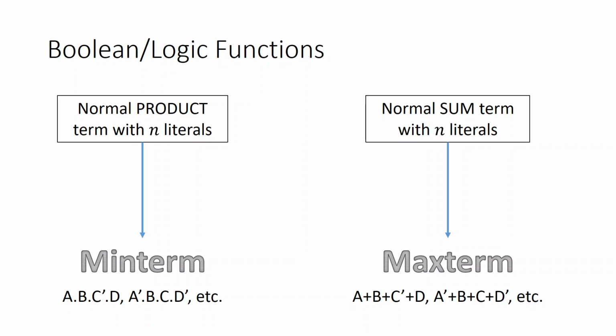So, if it is a 4 variable logic function, then from a to d, either a or its complement. So, either the variable or its complement must be present in all the terms. All the variables must represent themselves in each of the min terms. Max term is the same idea, but for a sum term. Each variable must represent itself either in its original form or the complemented form in the particular sum term.